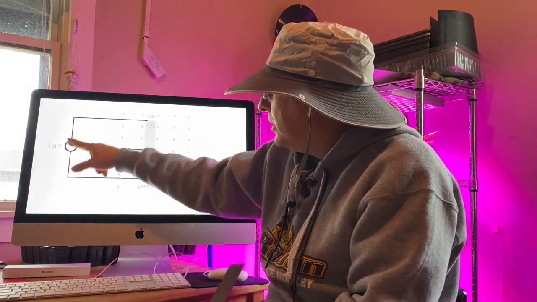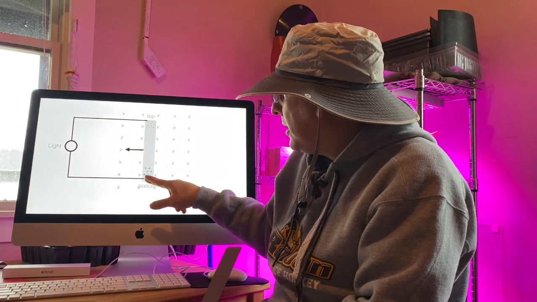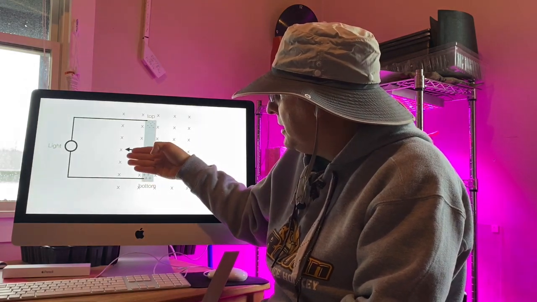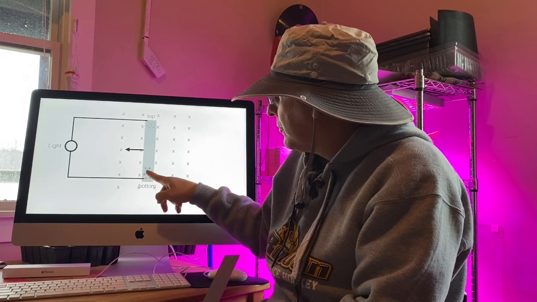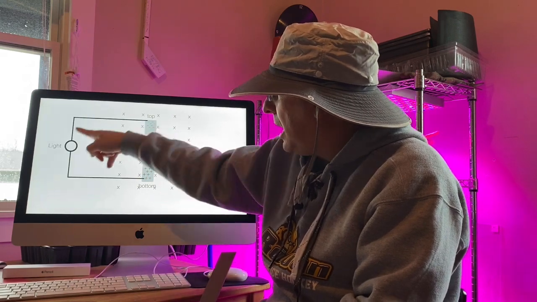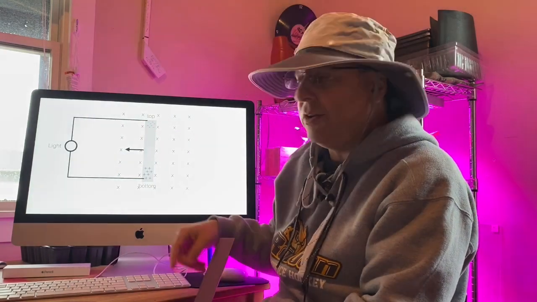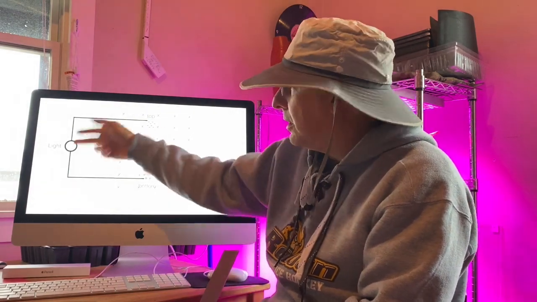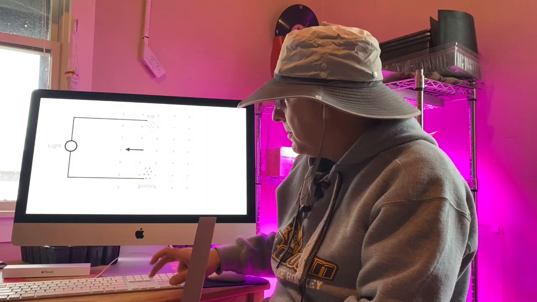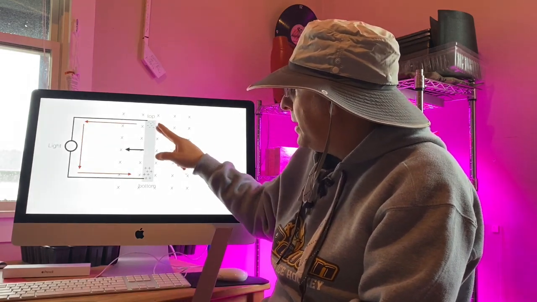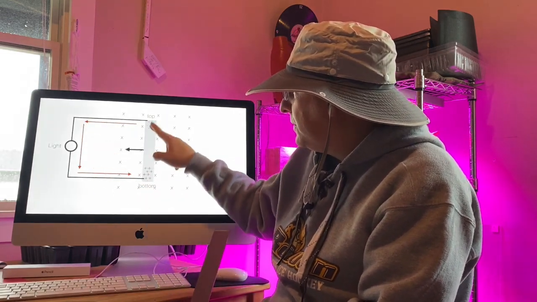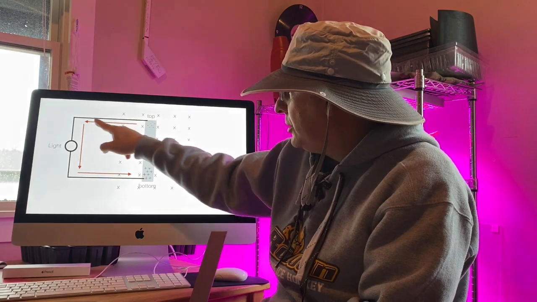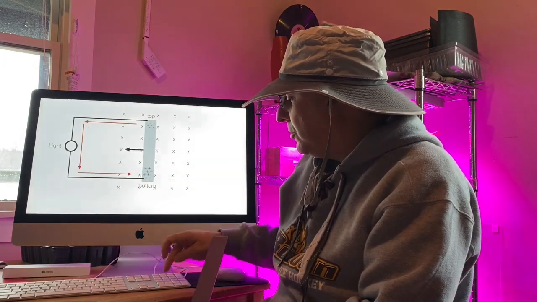The neat part is once the electrons get back here and neutralize these positives, if the rod continues to move, those electrons will once again be forced to the top, and this process will continue. So long as we're moving this rod through the magnetic field, the light will be on. The flow again goes from negative to positive as the electrons repel each other and are attracted to the positive